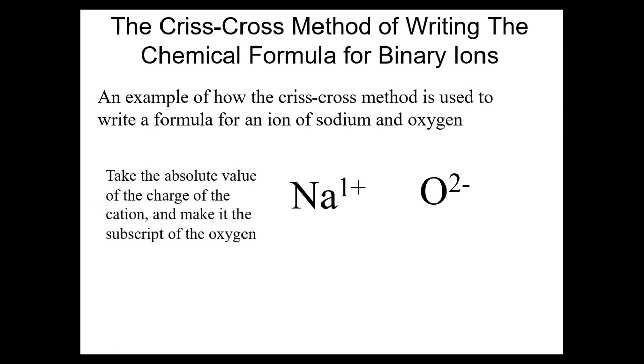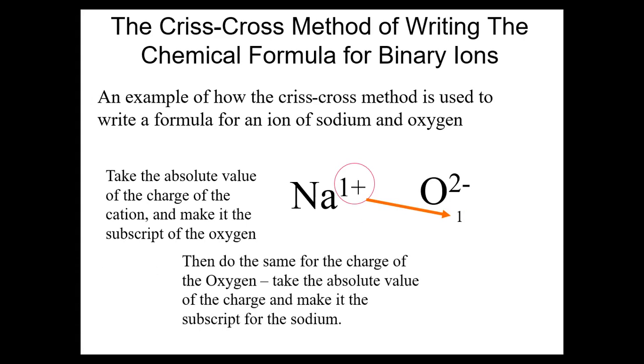A lot of times students find it easy to do the crisscross method. So here we have sodium with a +1, oxygen with a -2. We bring those over to the opposite element, and those become the subscripts. So here, this would become